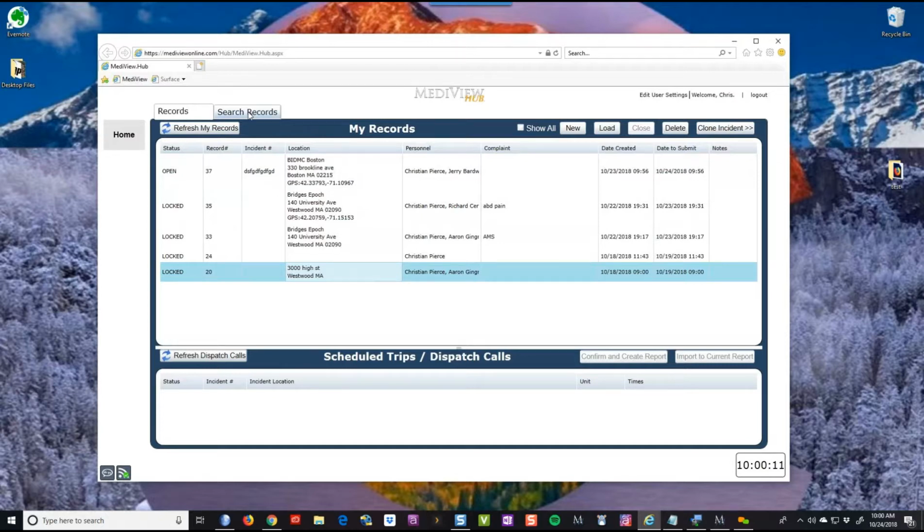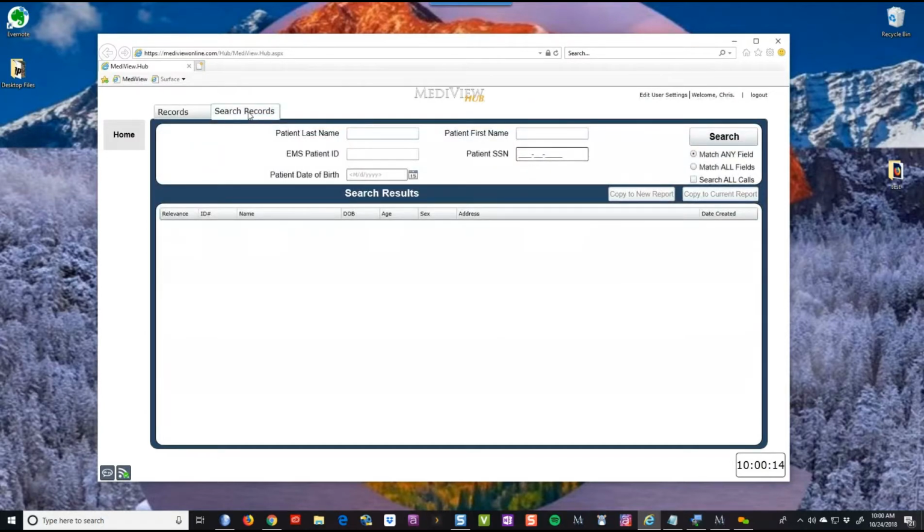Up here at the very top, you've got records and search records. When I click on search records, what search records is for is any record that has been submitted and somebody in your administration has looked at these charts and marked them as accepted, which is the level above submitted. You'll be able to search upon it and bring demographics into an